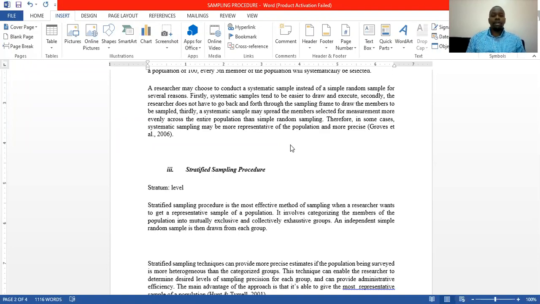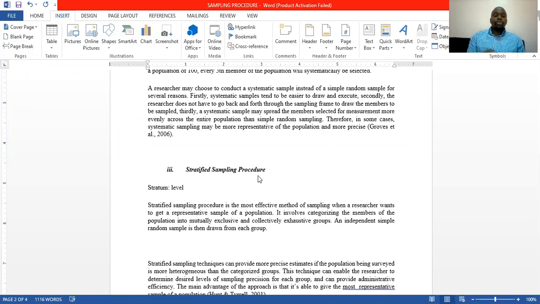When you are done with the 6 departments, you go another round and you pick for second year, you pick one. Second year, the next department, you pick one, until all the 6 departments you've picked for second year. Or you can also do a systematic